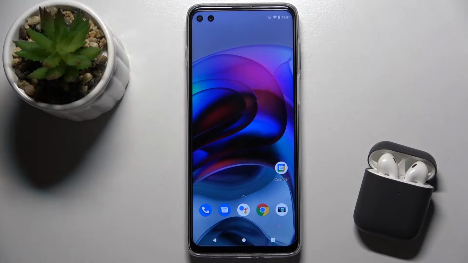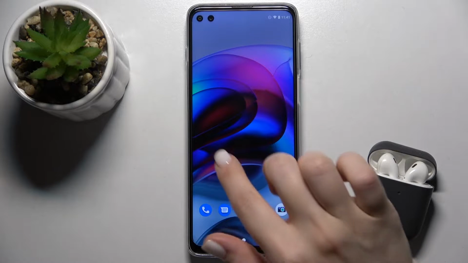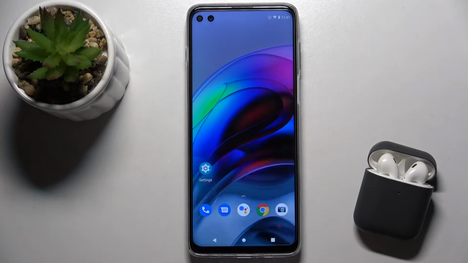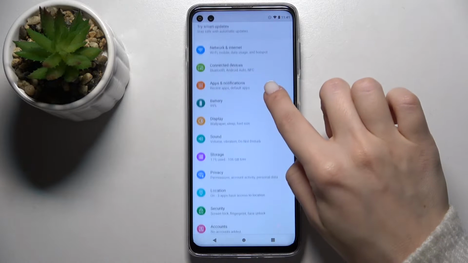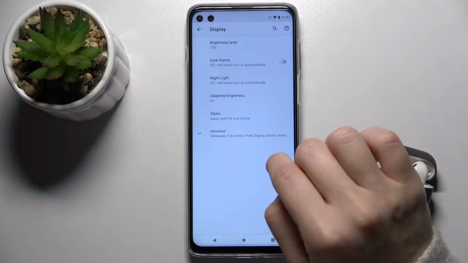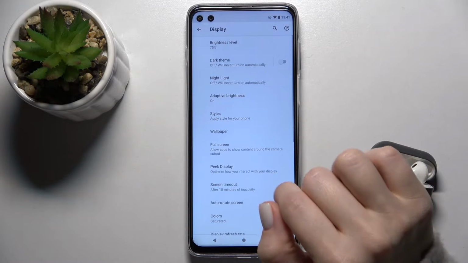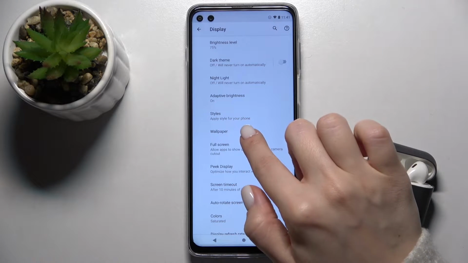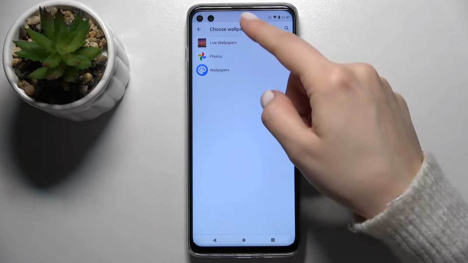Welcome to the in front of me Motorola Moto G100, and I'll show you how to change lock screen wallpaper on this device. So first you should go to the settings, and here scroll down to the display section. Now just go to the advanced options, and here you get the wallpaper section, tap there,